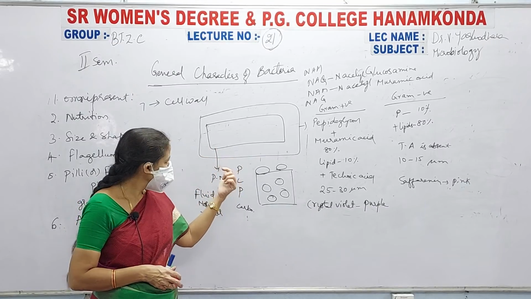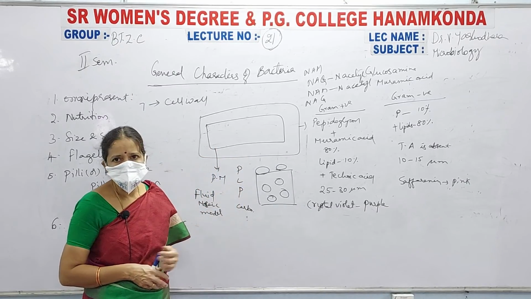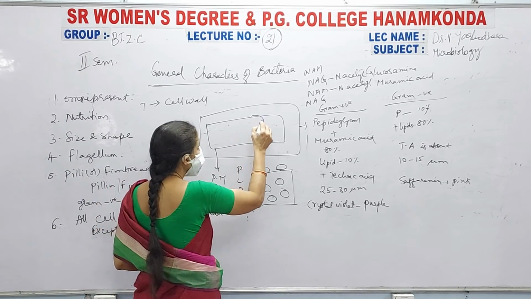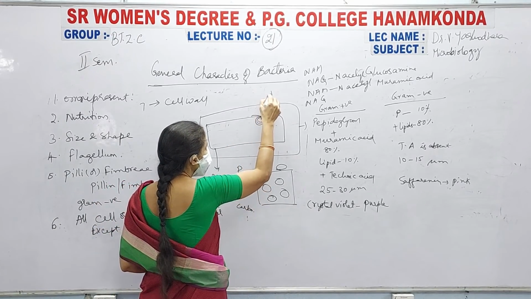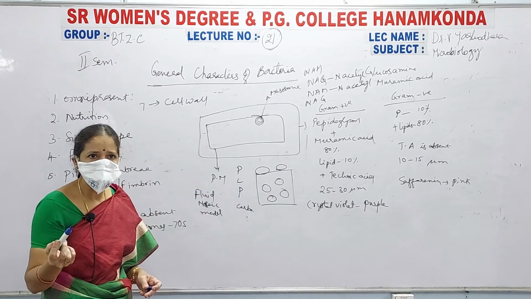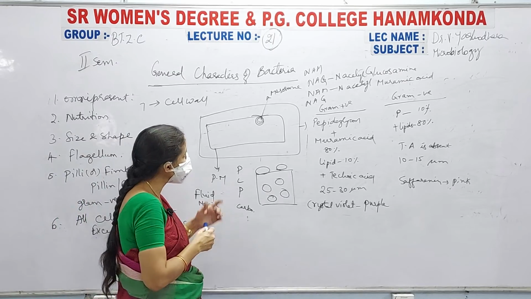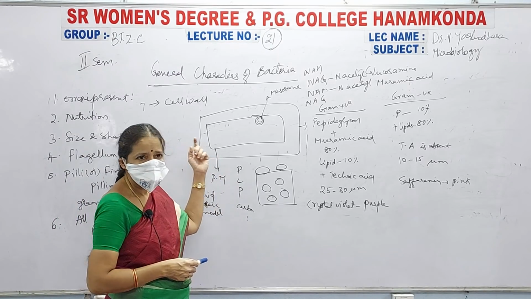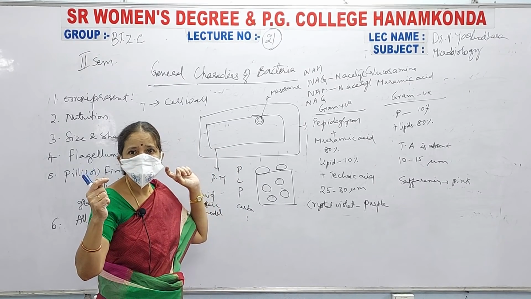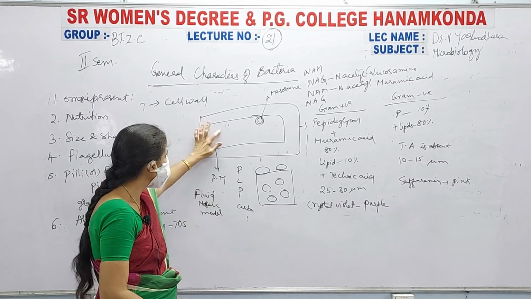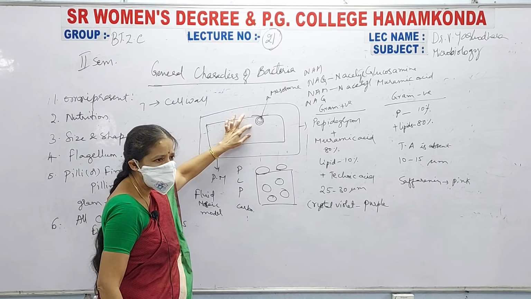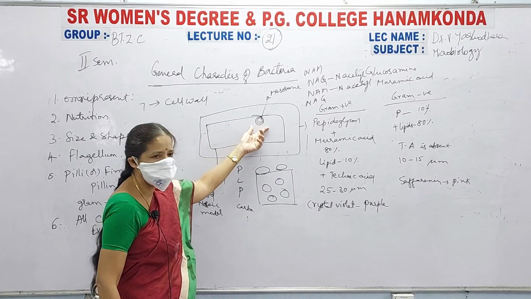This consists of the PLP layer, that is your protein, lipid and protein layer, and here and there it will start folding, and this is known as mesosome. This mesosome is the infolding of the plasma membrane, and it consists of respiratory enzymes and photosynthetic enzymes. Now this mesosome consists of both respiratory enzymes and, if chlorophyll is present, photosynthetic enzymes.